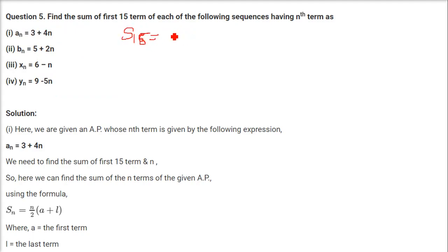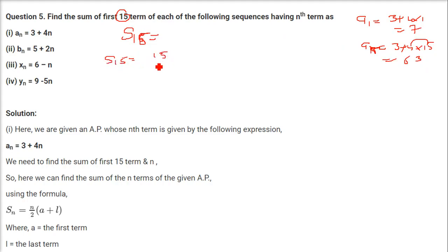S15 will be what? Because this is an, a1 can be found out here: 3 plus 4 into 1, which is 7. And an is also given. We want the first 15 terms, so a15 you can find out. It will be 3 plus 4 into 15. 15 into 4 is 60, 60 plus 3 is 63. So you have the first term and the last term of the addition. So S15 will be